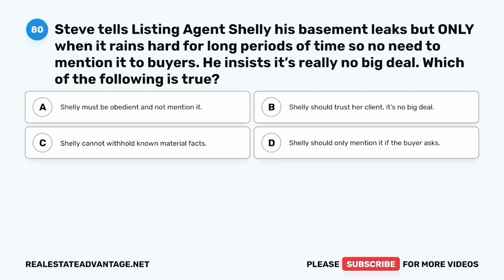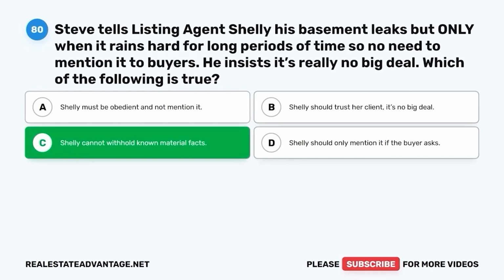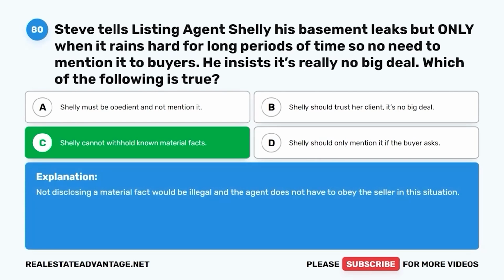B, Shelley should trust her client. It's no big deal. C, Shelley cannot withhold known material facts. D, Shelley should only mention it if the buyer asks. The correct answer is C, Shelley cannot withhold known material facts. Not disclosing a material fact would be illegal, and the agent does not have to obey the seller in this